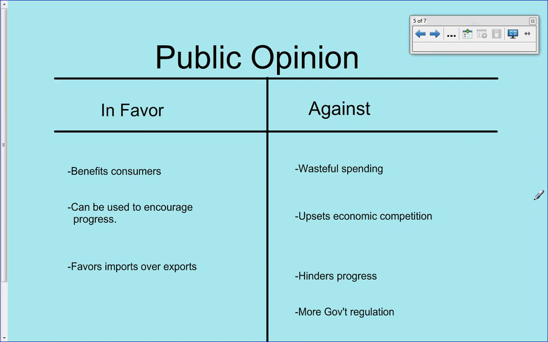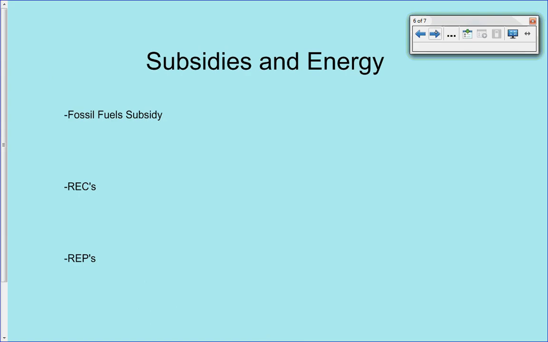Many people argue that if the subsidies were done away with and we were paying $5 a gallon, then because of the demand going down, people would start to buy hybrid cars and electric cars more and more, and that would fuel further progress in cleaner energies. And then other people say it's just one more way that the government is getting involved in the natural path of the market, and that is never a good thing.